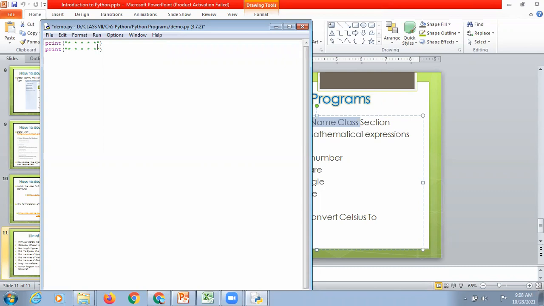One, two, three, four, five over here. Let's remove 1 star. Now let's print 3 stars only. Then 2 stars. And then 1 star.